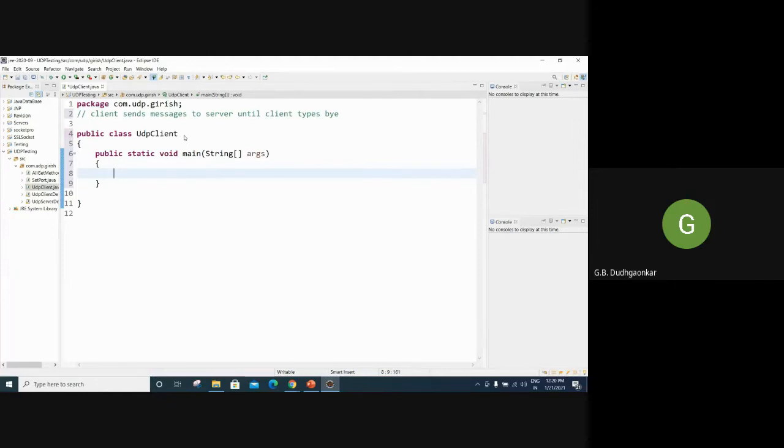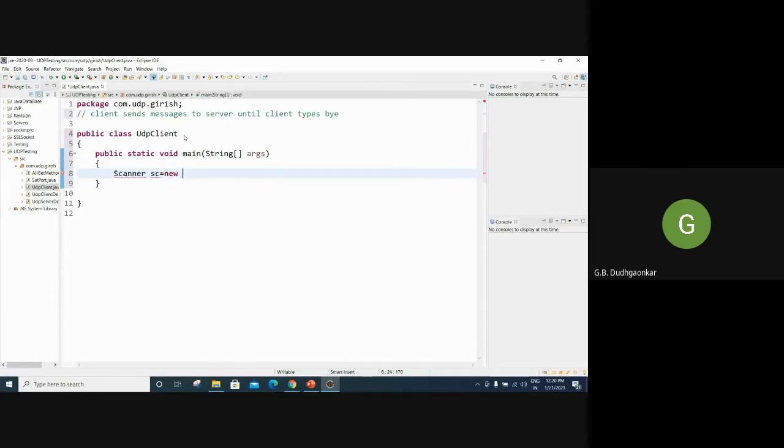So now see here, we have to take a scanner object. You know that whenever the user wants to type from the keyboard, the scanner class is available in the Java. You know that we have to create the object of the scanner class, and that can read the lines of the user whenever the user types the message from the keyboard. Okay, so scanner object we have to create.